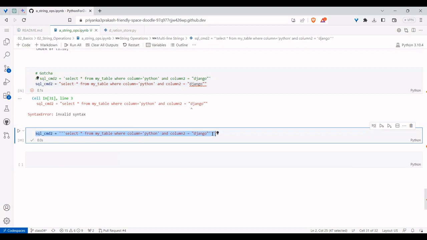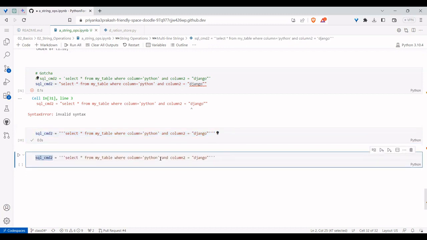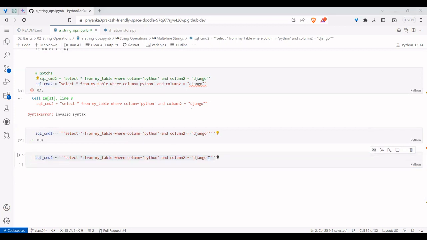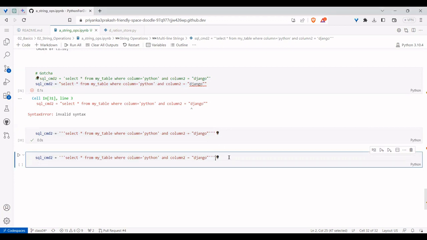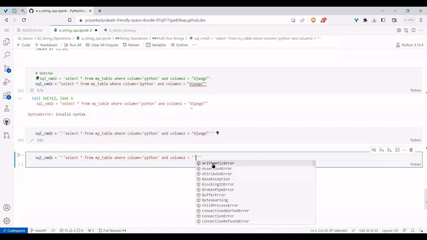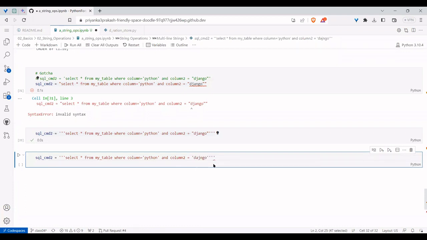And one best practice is to add a semicolon at the end. The reason why we need to add a semicolon: say if I store this content in single quotes, okay? Even if this content is given in single quotes, like Django, they can give it like this also, right? It doesn't mean the internal content should be like this.